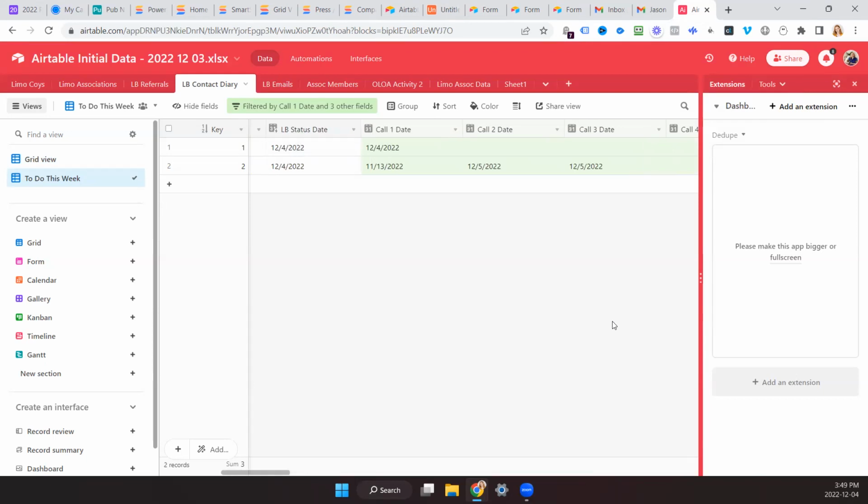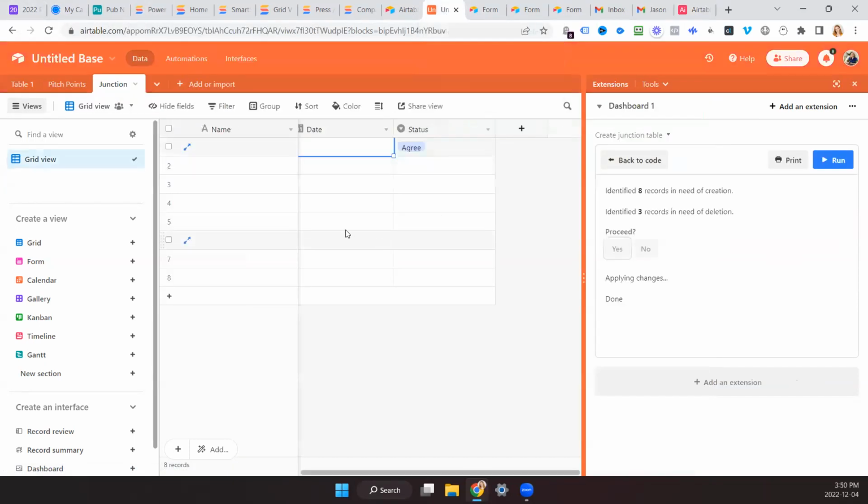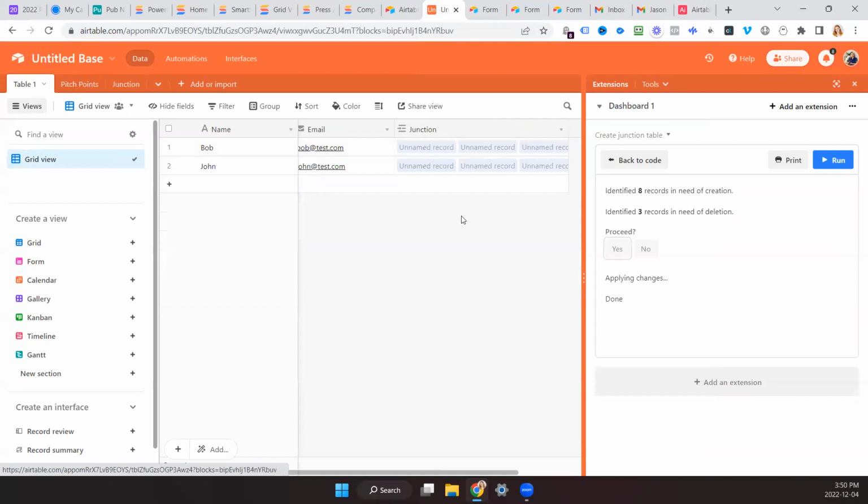This way, everybody is in one row, so there's a lot less information to look at. But then you're not really tracking it back to the contacts in the same way that you would be here, where table 1, you see it's all linked here, basically. Yeah. So that's an option for you to use a junction table extension.